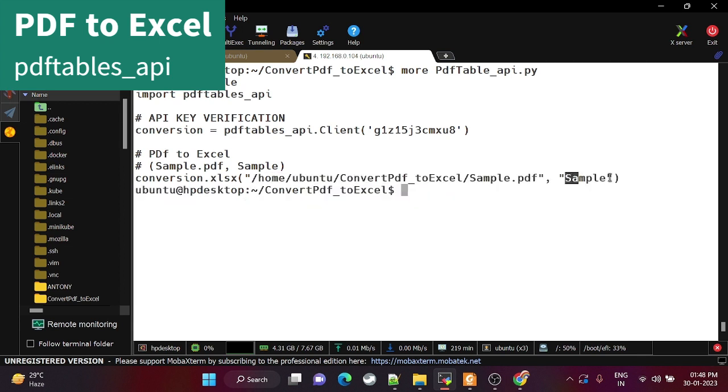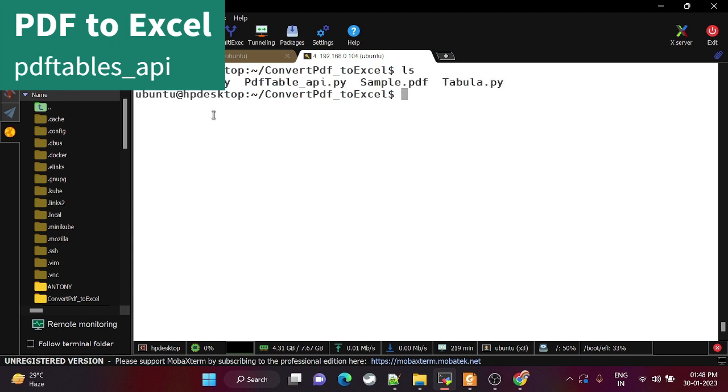In the same folder it will create the sample.xls. If you want a new name, you can have a new name. So that's all. It creates an XLS file. So this is the code. Now you can see there is no file here. We'll try to run it with Python 3